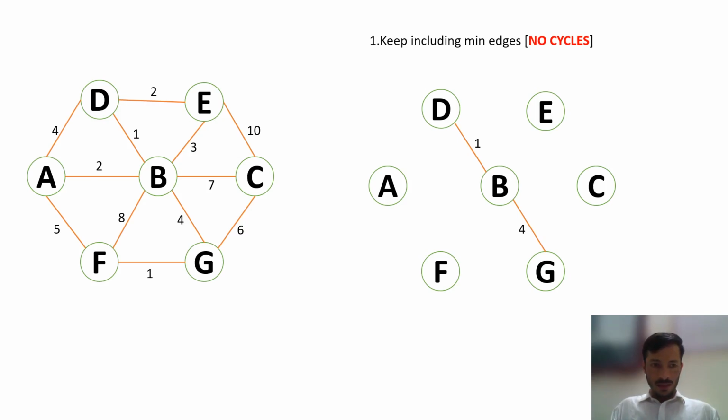And the second one is we have to choose the edge between F and G here. We have to connect it and we have to write the value, and also